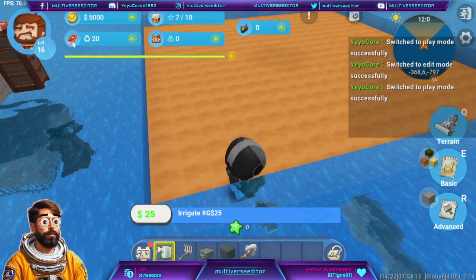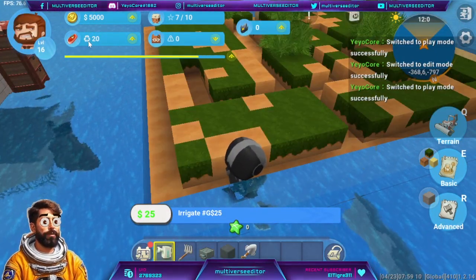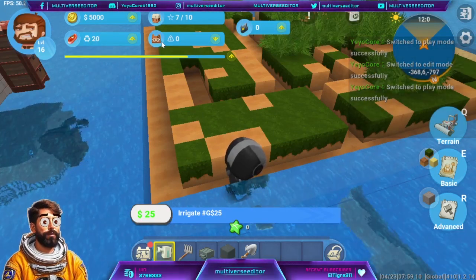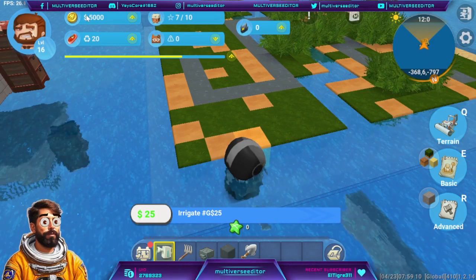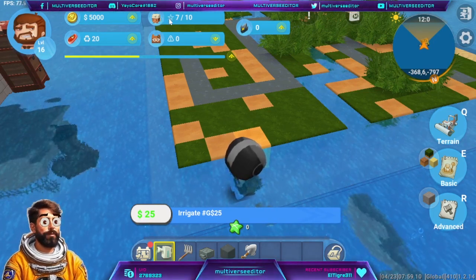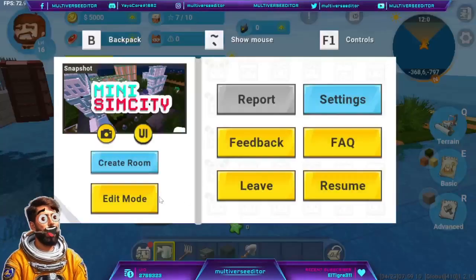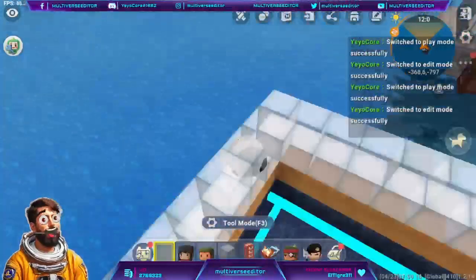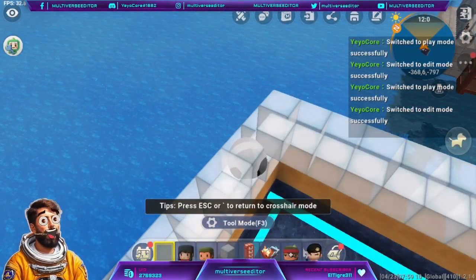Alright, as you see, here I have my food, and here you have the symbol, or the icon, for the food. Here you have the stress, and also the icon for the stress. Here you have the food, and the icon for the food. And here you have the population, and the icon for population, okay? In case you want to have those specific symbols, what you're gonna do